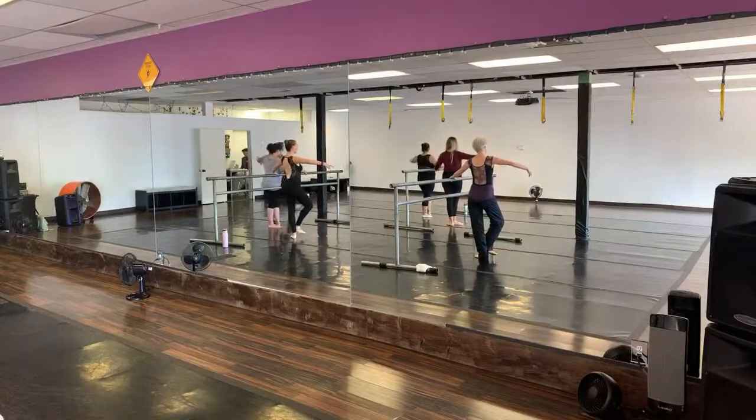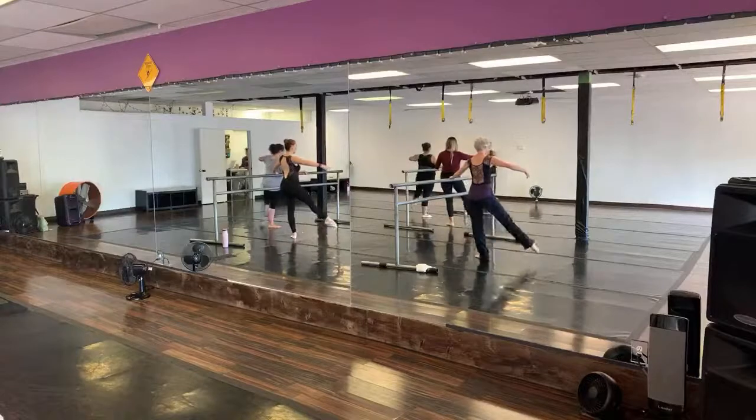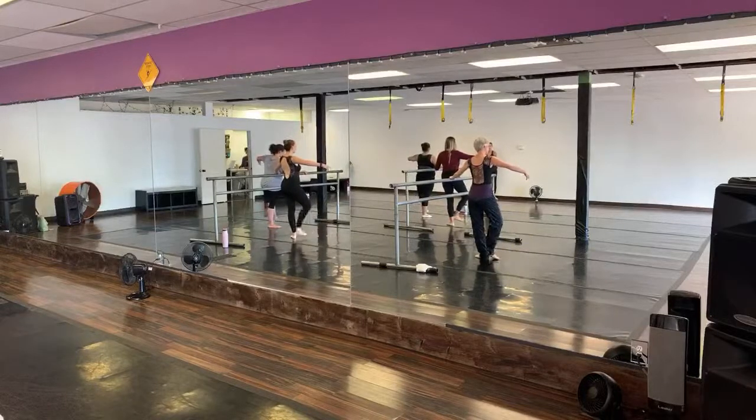Here we go to the left. And flex. Strike 1, 2, 3, 4. Strike, hold, flex, good, and out. 8, strike, 8, strike, hold,